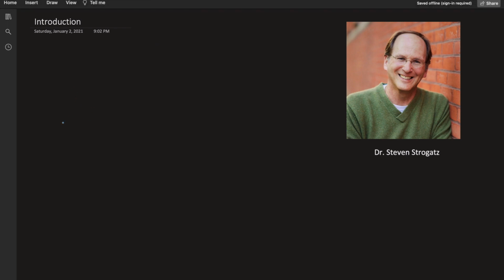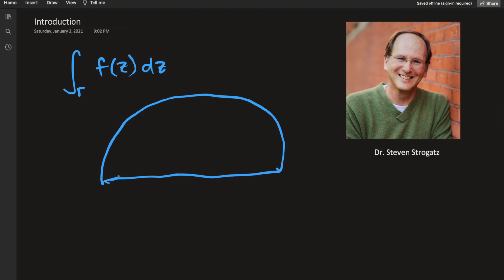Okay, so the general theme is as follows. We are integrating a function f of z dz on some semicircular arc, because that's what happens when we're doing some contour integrations. We usually, I'm saying usually, not always, have this region of integration. We go from minus r to r and then this semicircular arc gamma, and that's why I'm saying it's usually a semicircular one for most of the ones we've done.